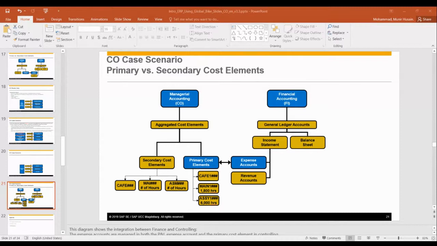Now, as you can see here in this slide, right, in financial accounting, you have general ledger accounts. For example, what do I mean by this? Now, in financial accounting, let's say when you make an entry for labor expense,